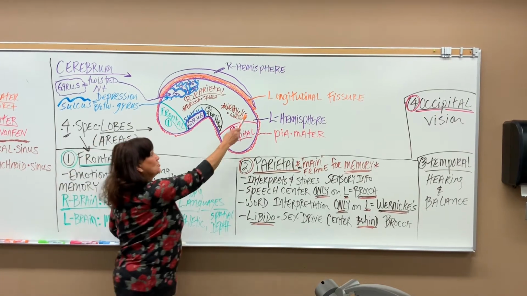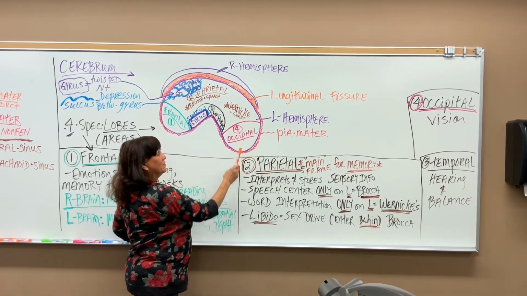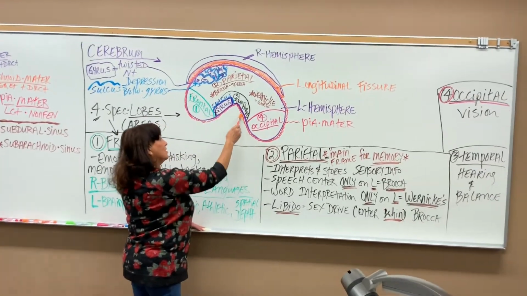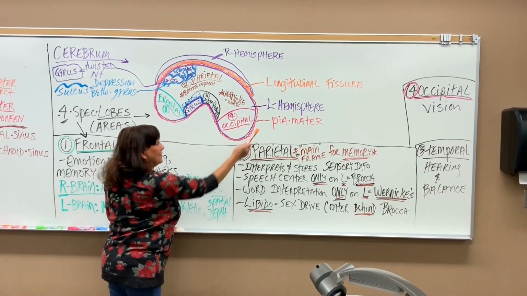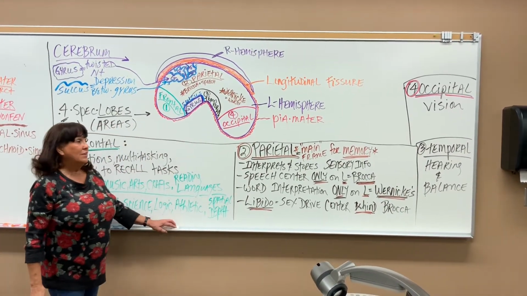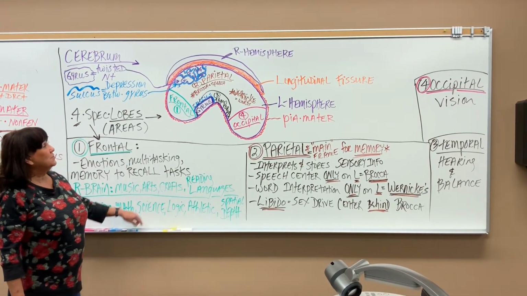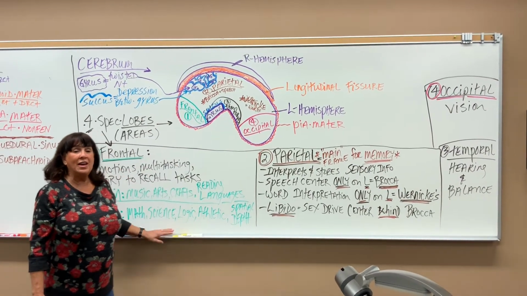So that's called the longitudinal fissure. And then this is the left hemisphere that I labeled, okay? And then here on the outside surface of the entire cerebrum is that little red wavy line, and that is your pia mater. Now, the cerebrum is made out of twisted nerve tissue, and we have a name for the